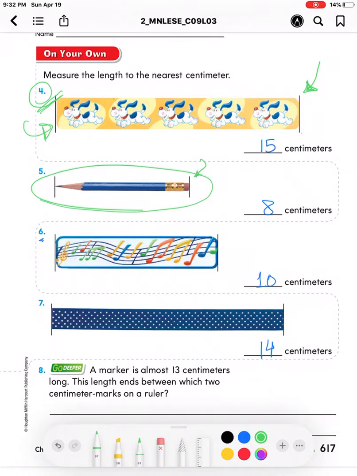Now let's answer the last question right here in this page. It says, go deeper. A marker is almost 13 centimeters long. This length ends between which 2 centimeter marks on a ruler? Now here the key word I want you to highlight is almost. If you just think about it, almost means what? Almost means it was about to reach this place, okay? So almost means there was just a tiny space or a tiny distance